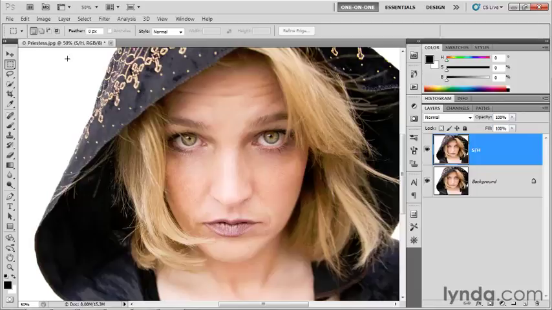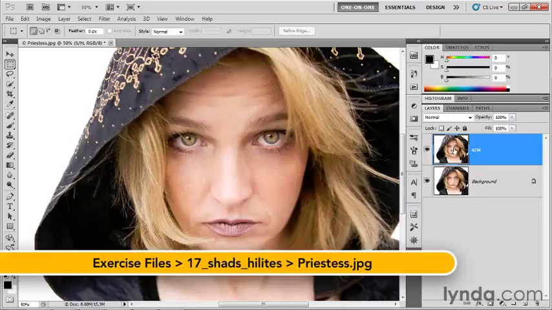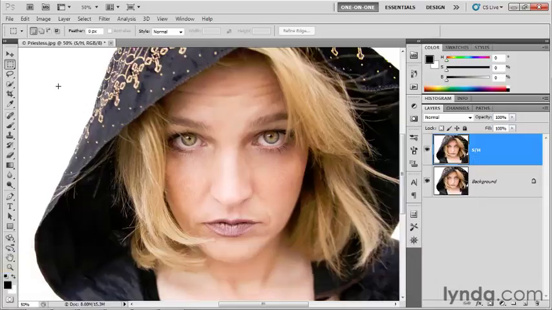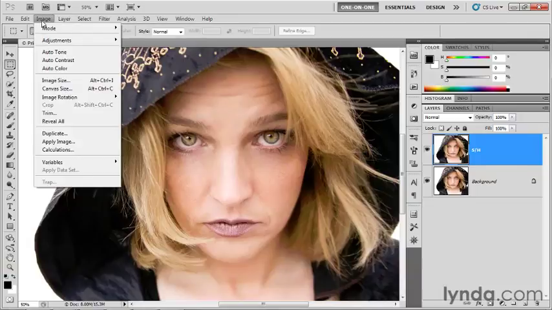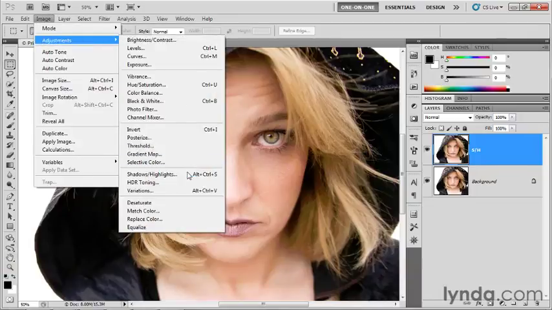All right, I'm still working inside a priestess.jpg. Haven't backed up the file. All I've done is create a copy of the background layer and call it S/H, short for Shadows Highlights, of course. And those of us who stuck with the previous exercise, we created a keyboard shortcut for Shadows Highlights. And you can get to it now by going to the Image menu, choosing Adjustments, and then choosing Shadows Highlights